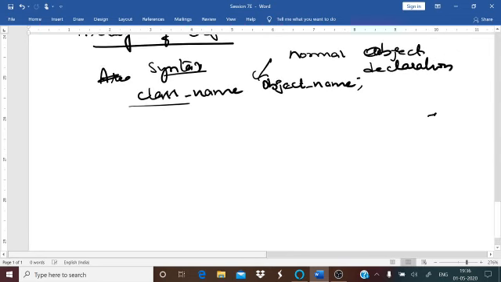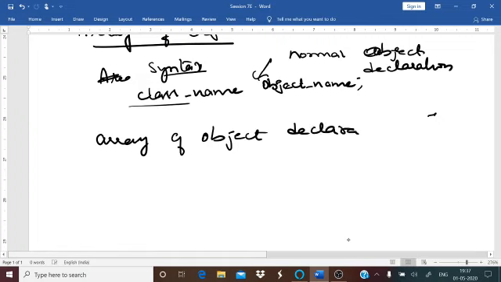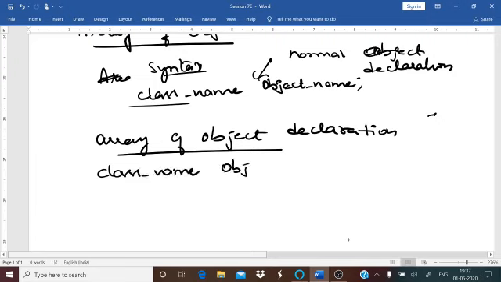If you want the array of object declaration, then the syntax is class name. Just see now, it is the same as the earlier one, the normal object, class name, object name, but you have to specify the size.